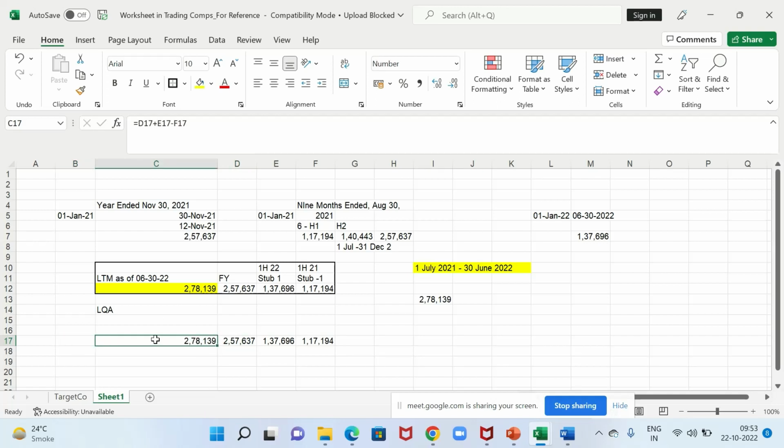So can I use the LTM formula? I don't think it's right to use the LTM formula in that case. So instead, what I'll do is I'll take this, which is my August number. How many months of numbers do I need from this? This divided by 8 will give me the per month number, the per month average. Now I only need 6 months of numbers from this, so I'll multiply, and these 6 months of numbers come in.